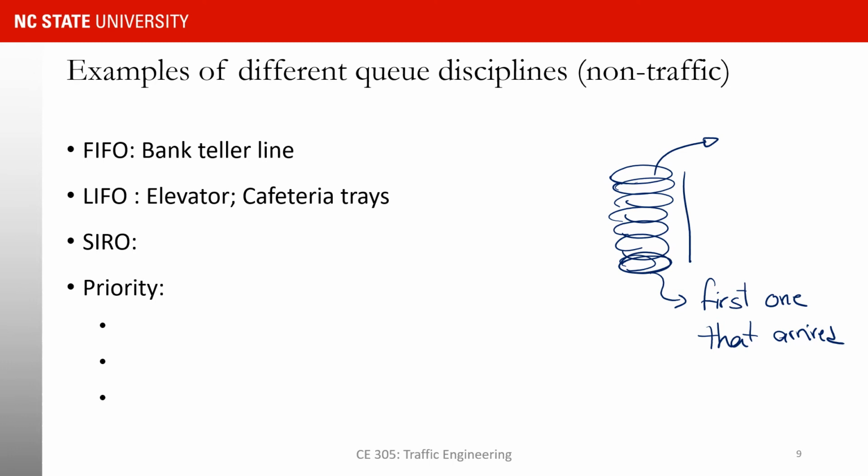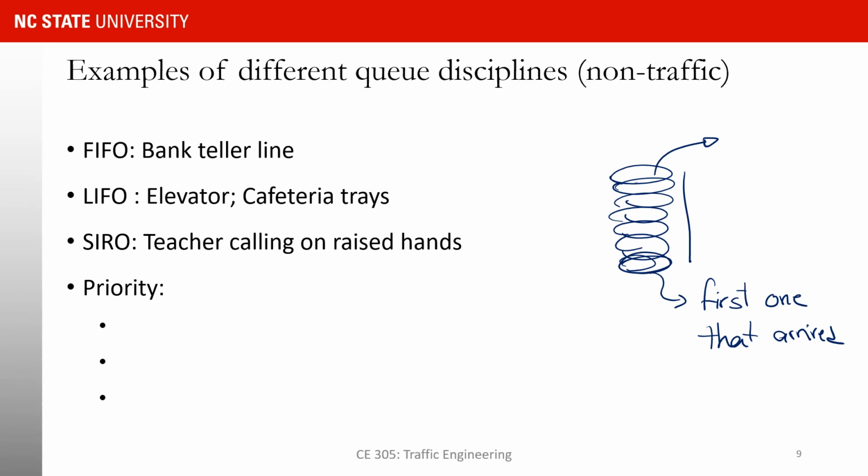So how about service in random order? Think about a good example of that. So it's like you have people in queue and you're going to pick one of them randomly. So this is the case when maybe I ask a question and several of you in the class raise your hands, and then I just pick one person to answer the question randomly. So that's a good example of service in random order.